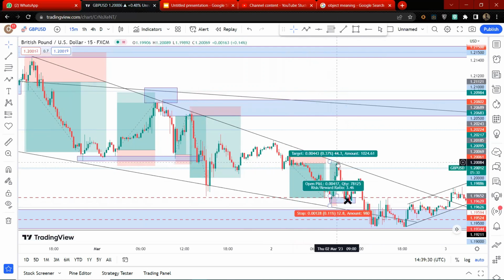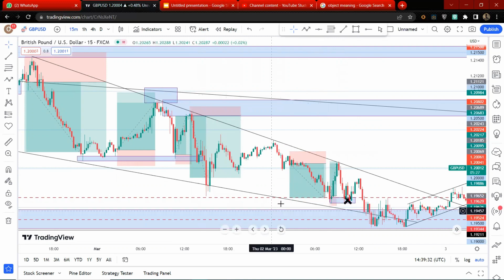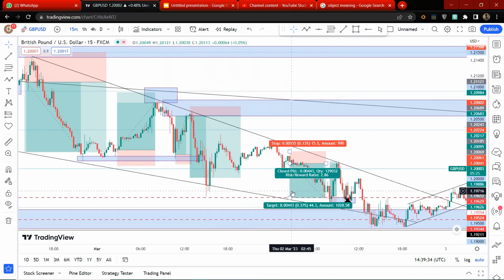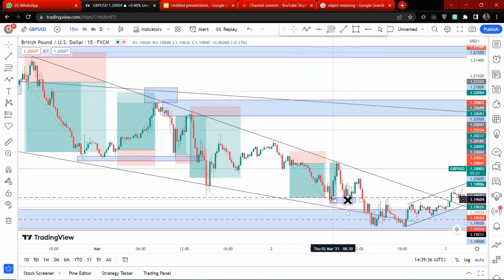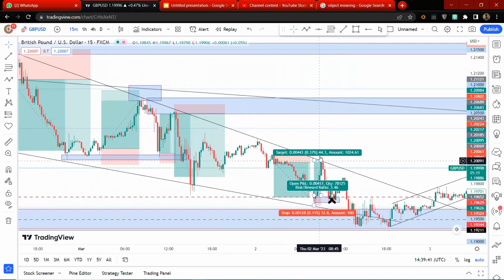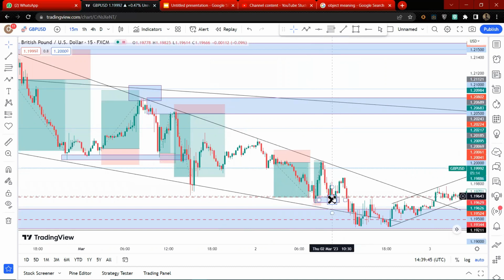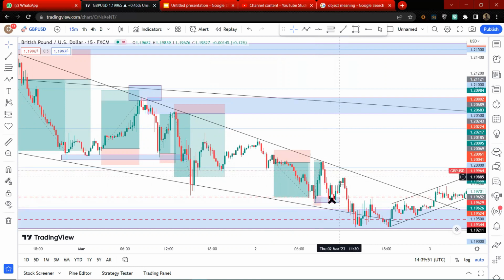So the buy happened from this point to that point. Reason being, this was a support, and when I saw its weak rejections, I took the buy. It was a quick scalp to this level. When it came back here, I thought it was going to form an M pattern. It didn't, so we were stopped out. This is the only loss we took for the week.